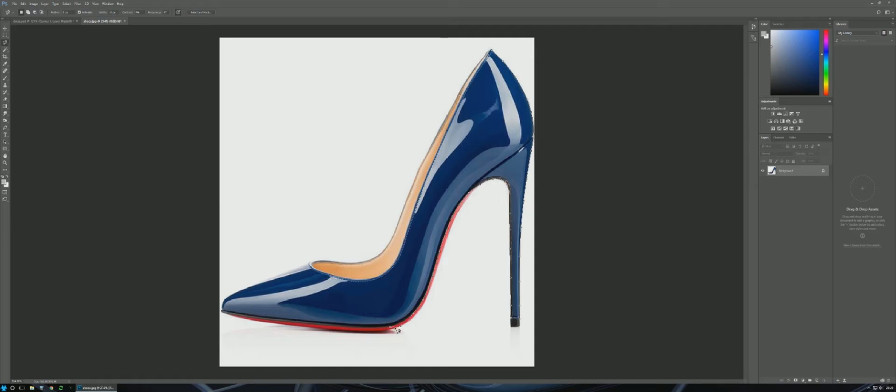Now, can you see what that did there? There isn't much of a contrast in that area. So what it's done, it's selected the contrast between the red and the white, because that's a stronger contrast than the red and the black. So as before, I'm going to move my mouse back and I'm going to press delete to get rid of